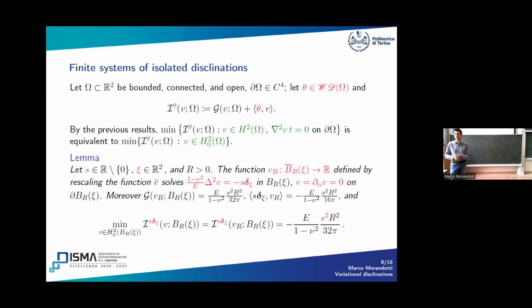But it also scales with the square of the radius of the sample. Okay, so if you're looking at some defective material, which is a disk, and then you've got a disclination in the center, then it scales in this way. So this energy, contrary to the one of the dislocations, is not singular in the center of the disclination, because when R goes to zero, this energy goes nicely to zero and nothing happens. The bad thing about this energy is that it scales quadratically with the size of the sample. So if your sample is very, very large, then the energy grows very, very much.